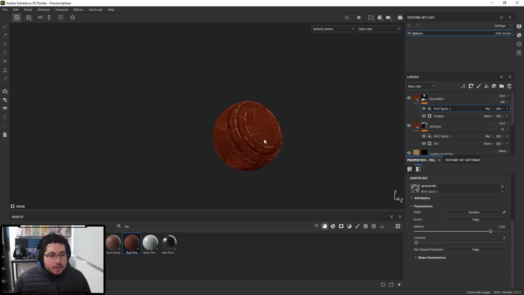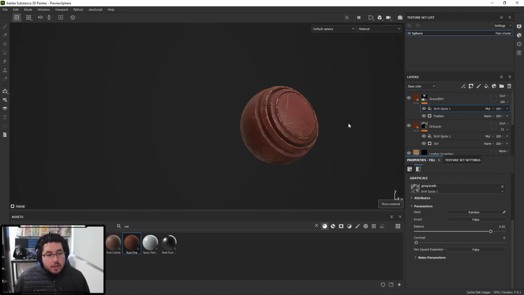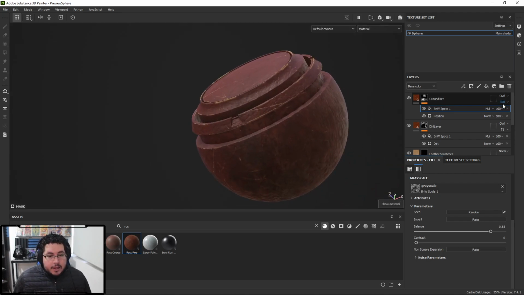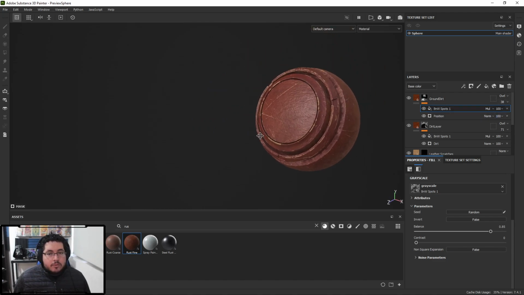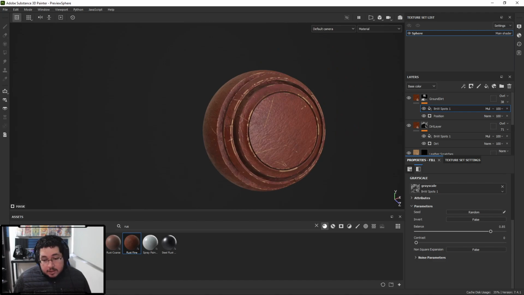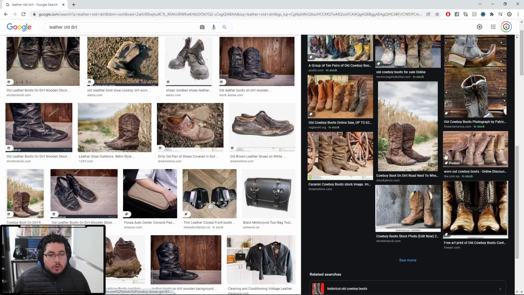There we go. So now this material will know that whatever is closer to the ground of an object will be a little bit darker. We'll have darker spots, which is, I think, very cool. So there we go. Look at that. And of course, let's lower the opacity a little bit. We don't want as much. Here, I'll probably go for like 40% or so. There we go. Nice. Finally, leather also has this property where when it is exposed to a lot of sunlight,